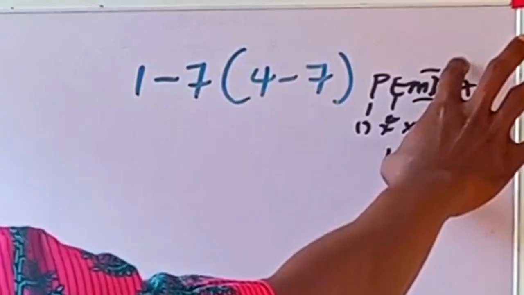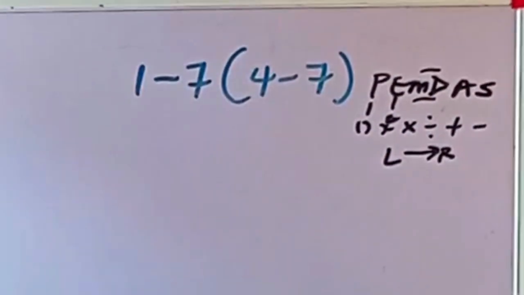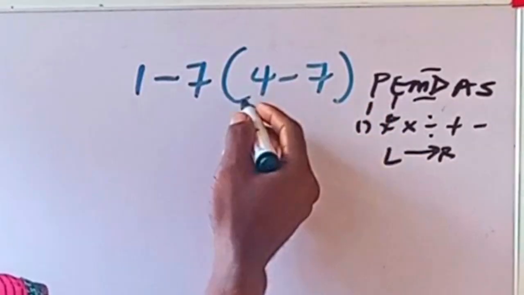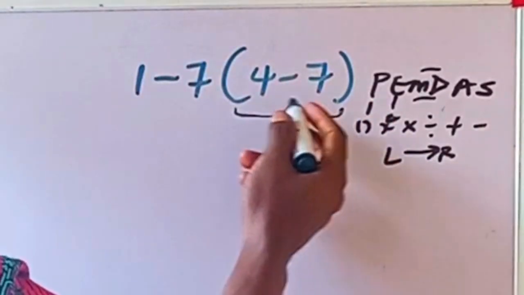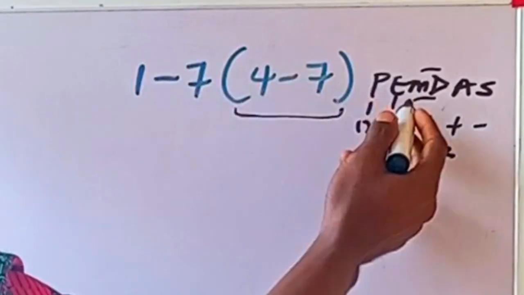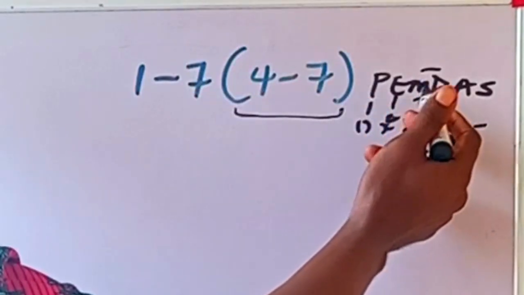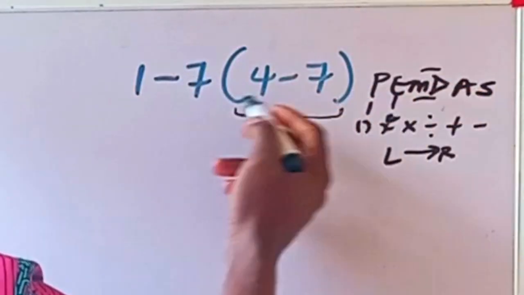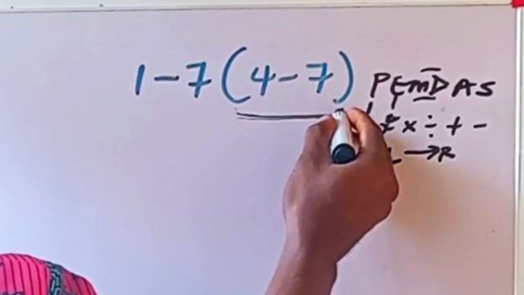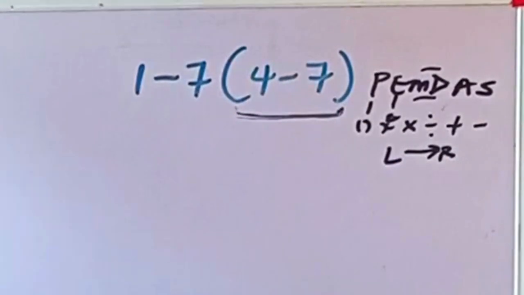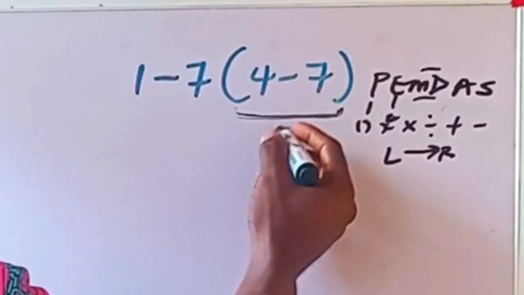Now that we have the understanding of this, we are doing parentheses first. So we have to first of all do this bracket. Then we'll now come and do our multiplication followed by division, then addition and subtraction. All right. So if we do this bracket first, we are going to have 4 minus 7, which is equals